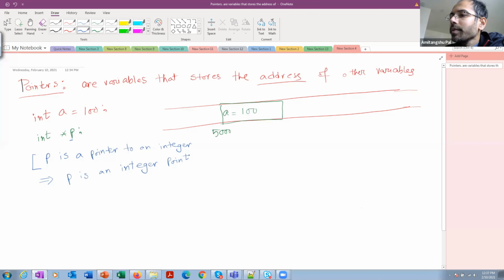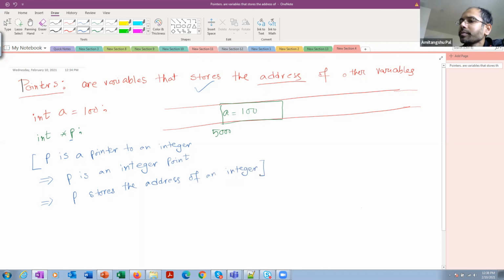What does this mean? That means p stores the address of an integer.